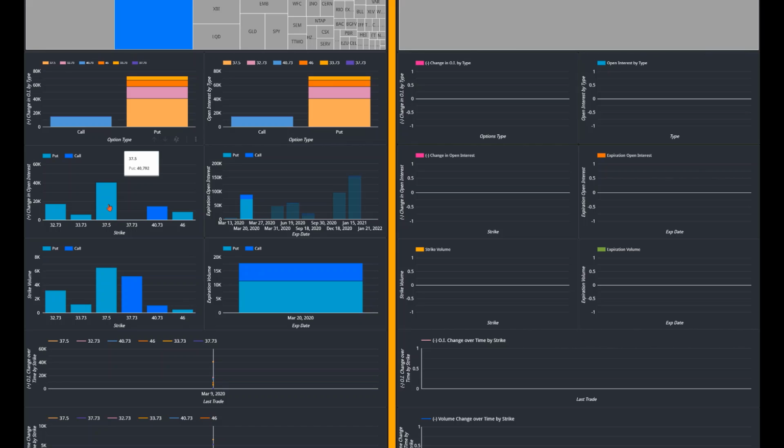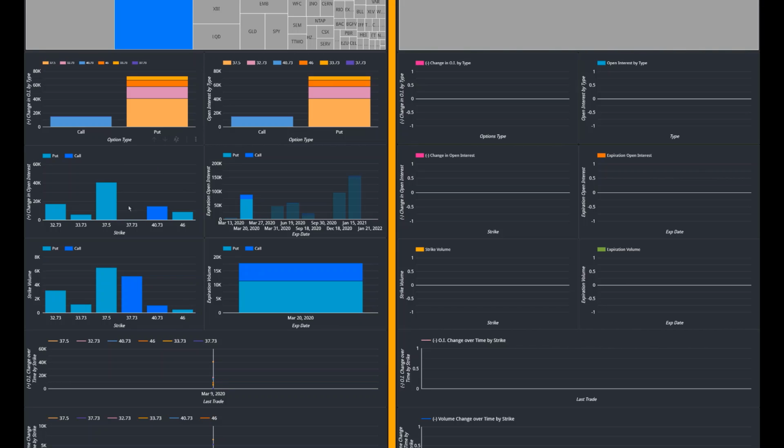So basically 37.5 has the biggest volume of increasing open interest, and what that means is that at this strike there's a lot of put orders. We don't know if it's selling or buying, but we know there's a lot of volume there. Looking elsewhere, we can see there are also additional puts at 32.73, which means that people are betting that the price is going to be there by March 20th. Likewise, we see calls here as well. The calls are above, so we see that basically the price is gonna be higher than